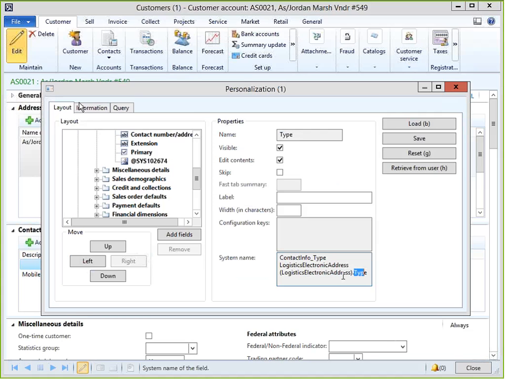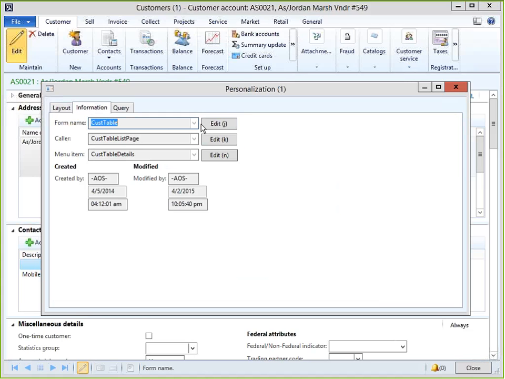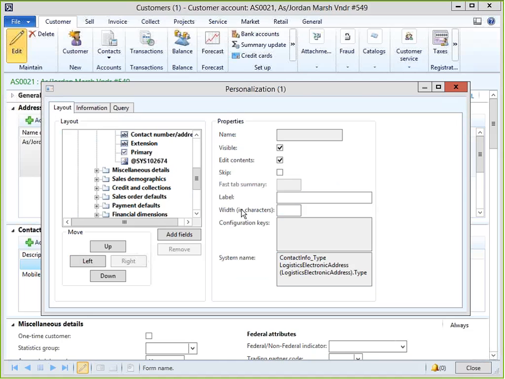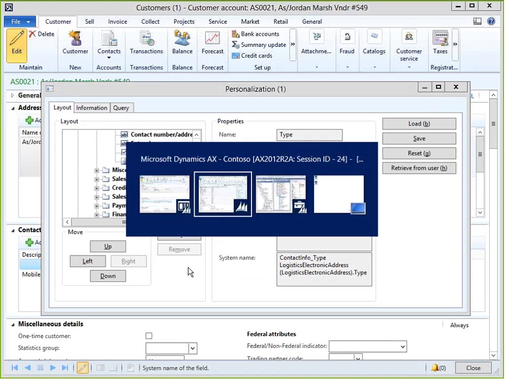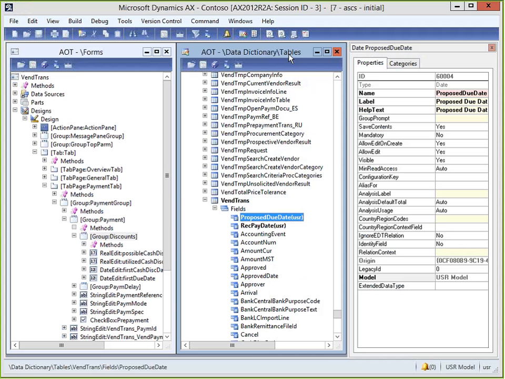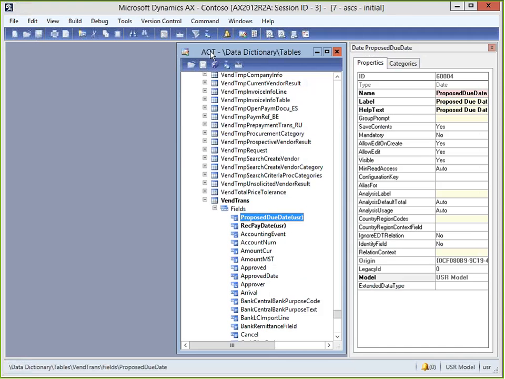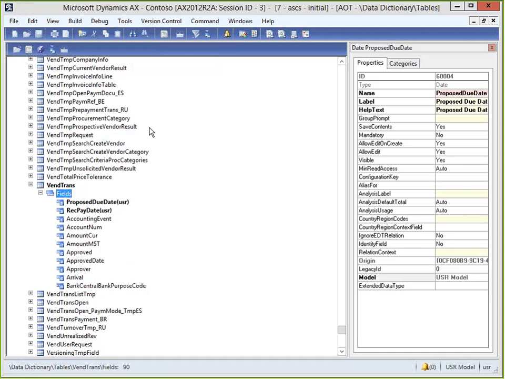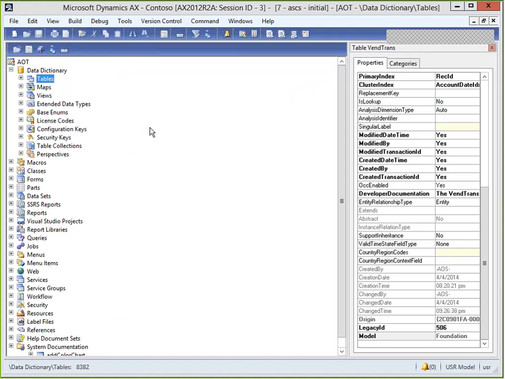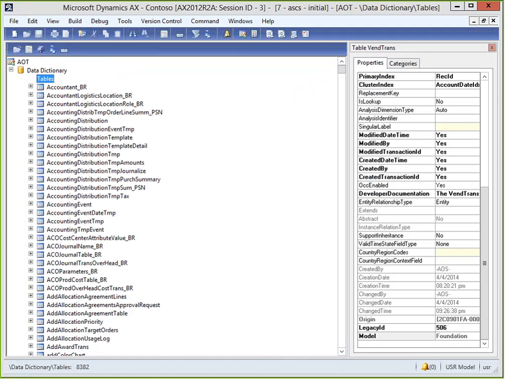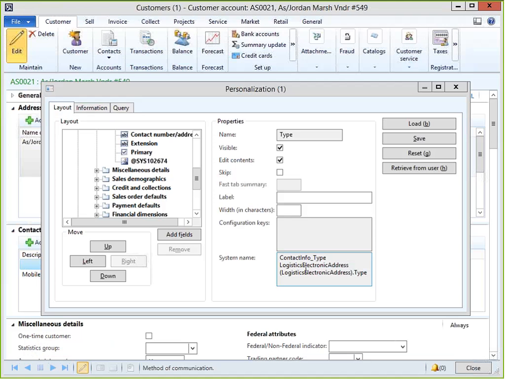So this is useful because once I know this table, then I can start doing a little bit of detective work and change it myself. So I'm going to return back here to the application object tree. And I'm going to close this down. And I'm going to open up the tables again. I'm going to return back here. So I want to find the logistics electronic address. So by doing a little bit of sleuthing,